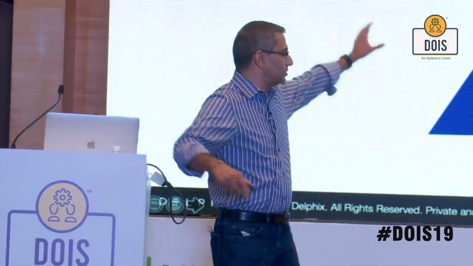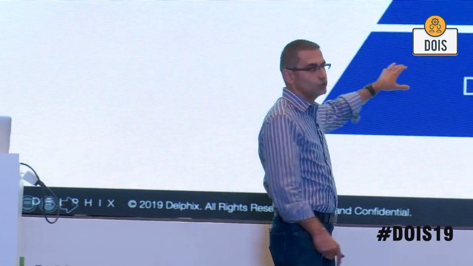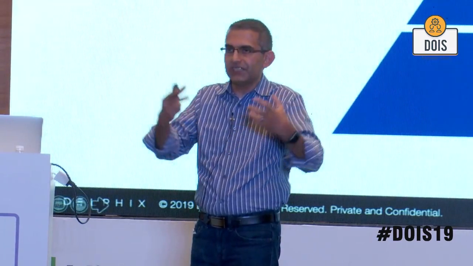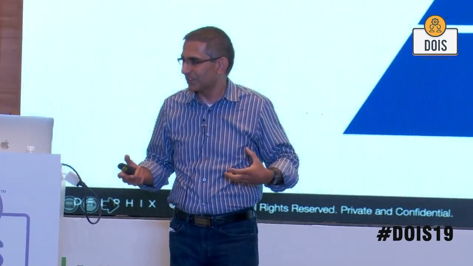If you look at the layers, what DevOps has focused on so far is the democratization of infrastructure. That's the first thing people usually fix. Can I get my environment faster? And can I allow my developers and testers to self-serve that environment to themselves so they don't have to go to somebody else and open a ticket and wait for 6 days for somebody to give me the environment and then charge me money if I need to make a change to it, which was the old traditional way.